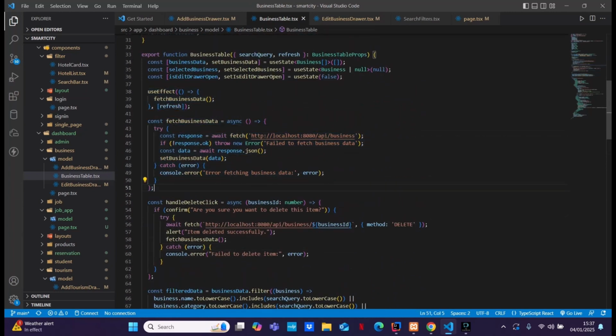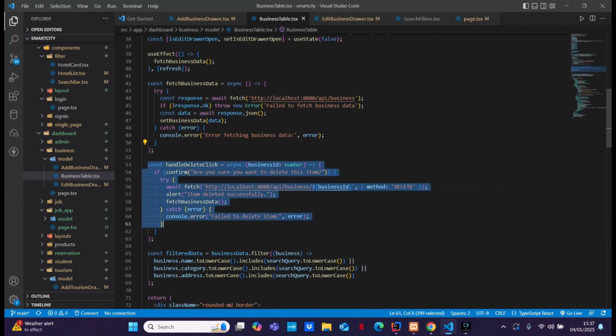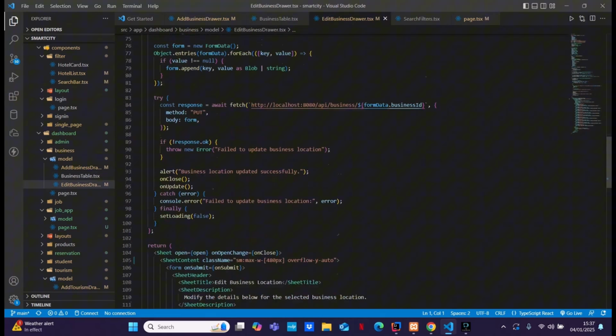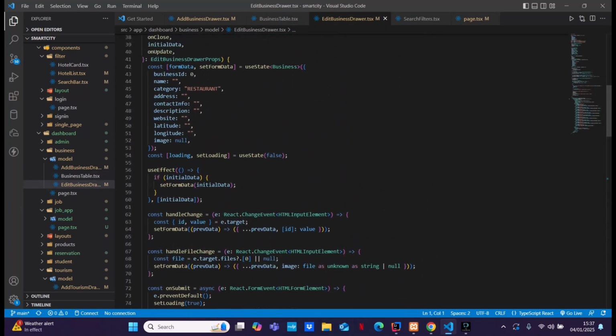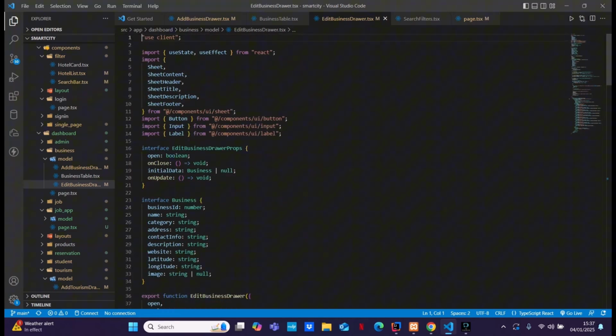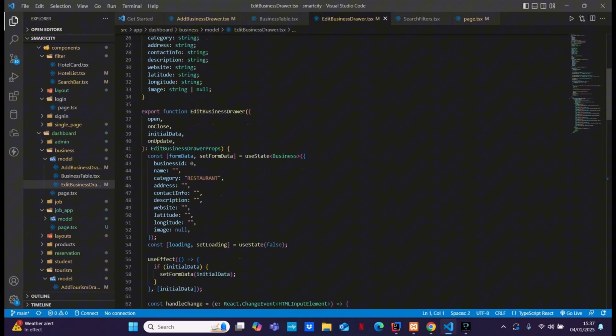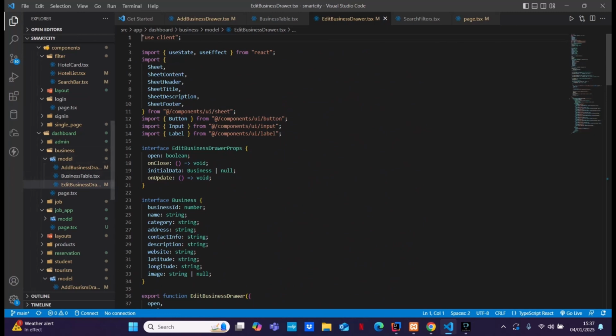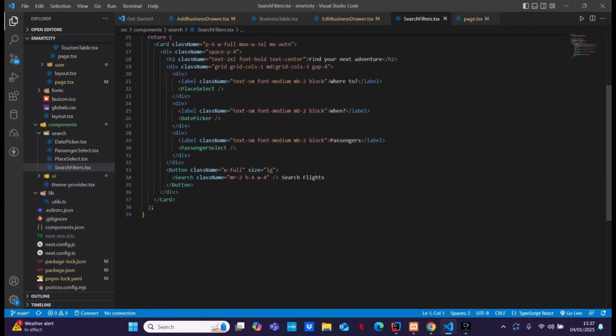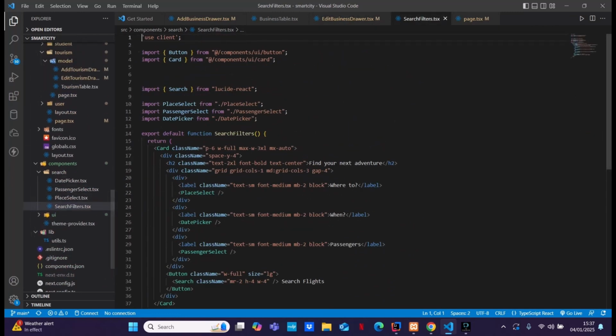This is the code for fetch business data from the database, and this is the code for handle delete, and this is the code for edit business, and this is the code for search function, search filters,